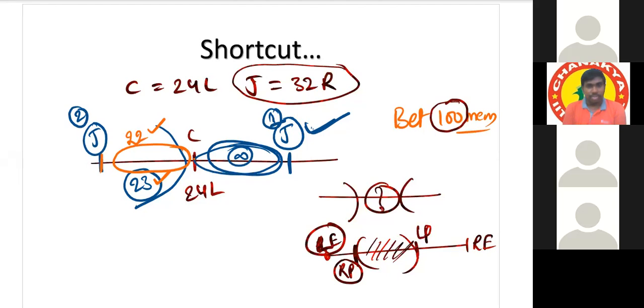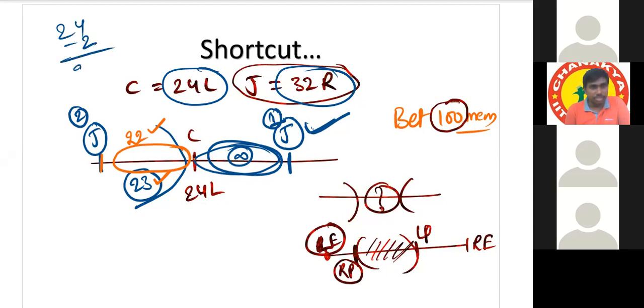See here, the shortcut point is to take the smaller number between the given two numbers. Take the smaller number between 24 and 32. What is the smaller number? 24. Do minus 2 for that. How much? 22. Maximum we can accommodate 22 members only between Chinnu and Junnu in case of overlap, and we cannot accommodate more than 22. If any number more than 22 is given, we will get only one possibility, only non-overlap, and we have to give that answer. If any number less than or equal to 22 is given, we have to give both the possibilities.